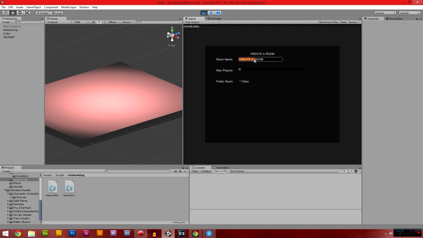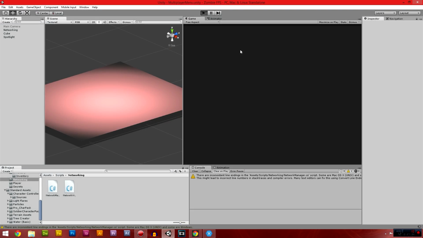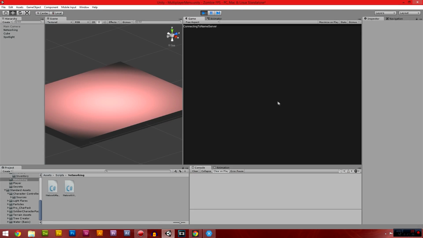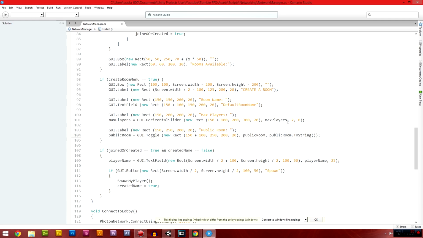So, create a room. We won't call that create a room, actually we'll call that one default room name. Play. Network. Create room. Default room name. Okay, perfect. Then we want to drop that slider down a bit actually. Slider plus 200 to make it 210,